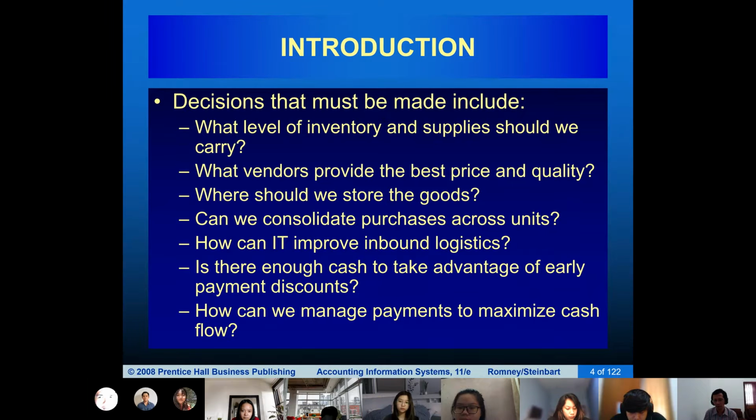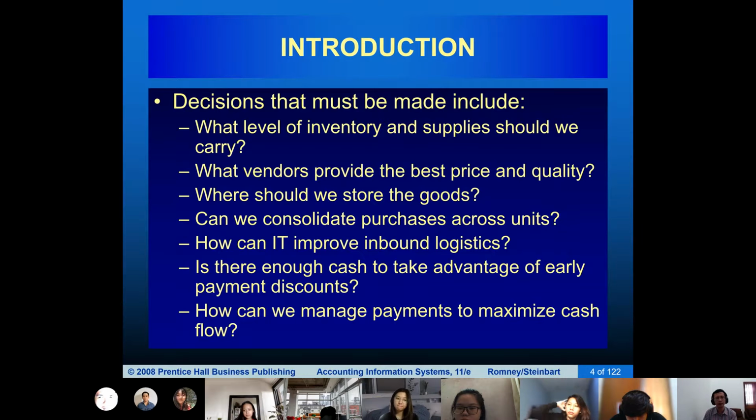Like in Atmajaya, for example, our faculty needs paper, engineering faculty needs paper, industrial technology needs paper. So if all faculties need paper, we need to consolidate that into a single purchase. Why? Because the bigger purchase you have, you will get better conditions and you will get a better discount.